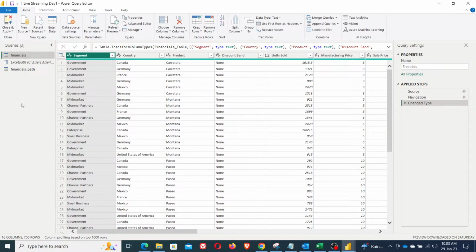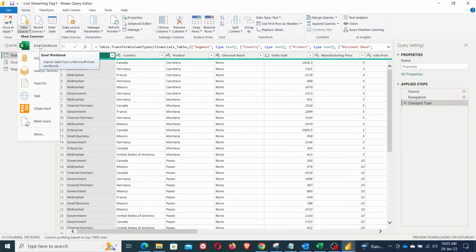So let's move to today. We are going to cover the modeling part, how to model the data. We have multiple options: how should I use it, how should I configure things, and how to model it. So for this, let me do it from scratch. So go to the